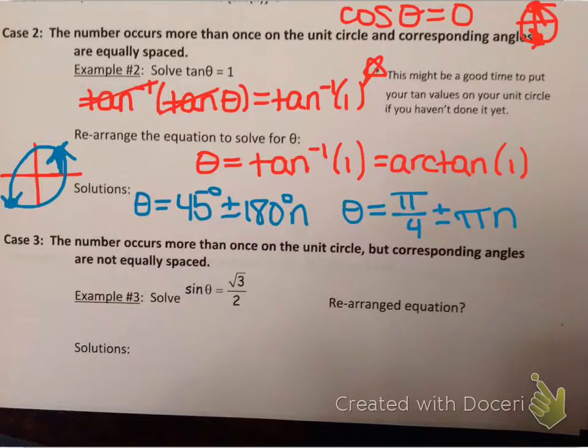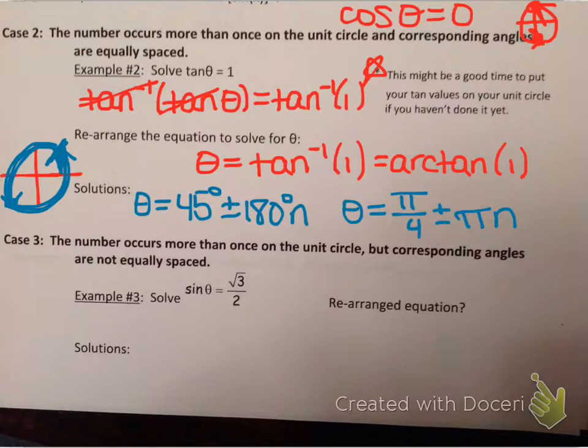Okay, so that's the second situation. The third situation is when your numbers occur more than once in a unit circle, but they're not equally spaced. So you can't just start at one location and start stepping 180 and then 180 and then 180 and then 180. You're going to have to list your answers as two separate solutions. So if sine of theta is square root of 3 over 2,